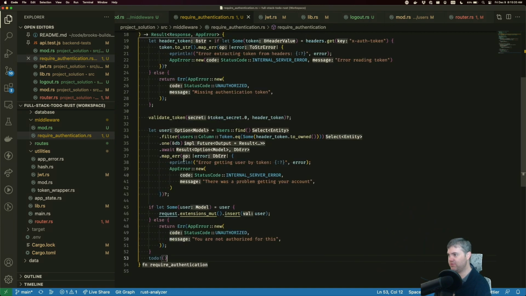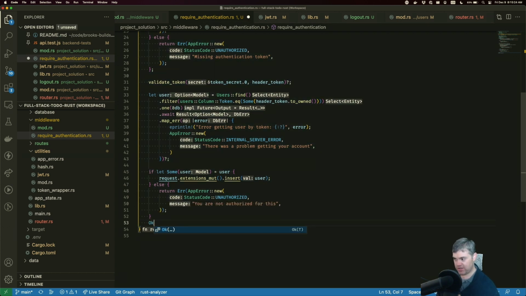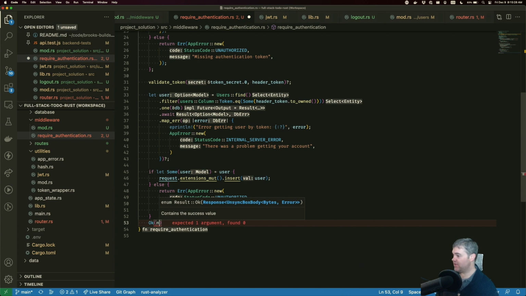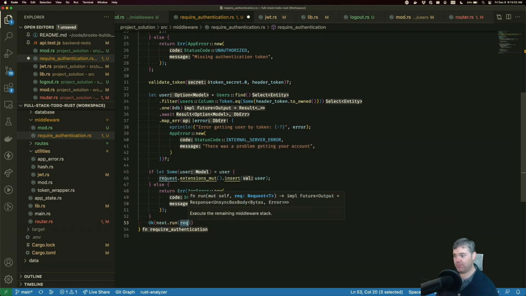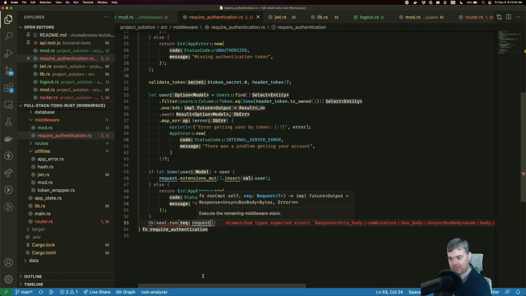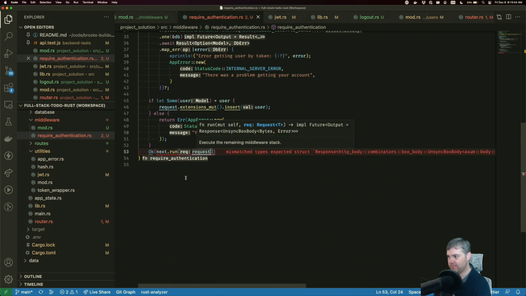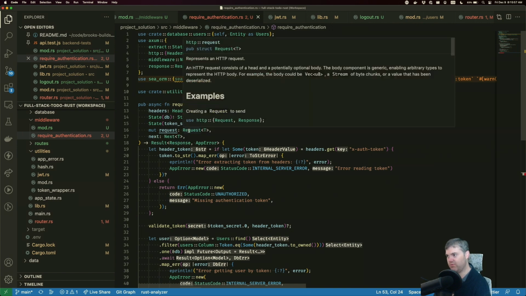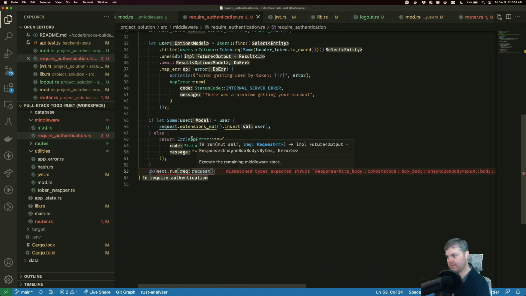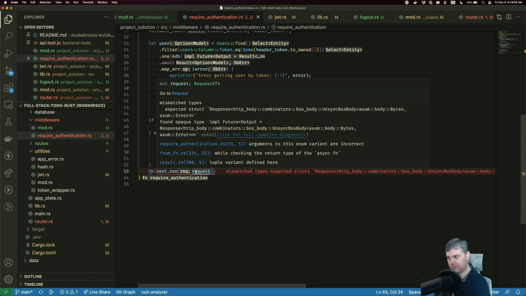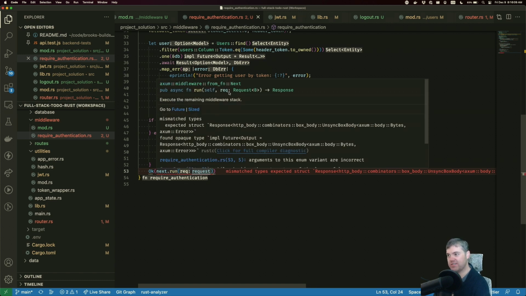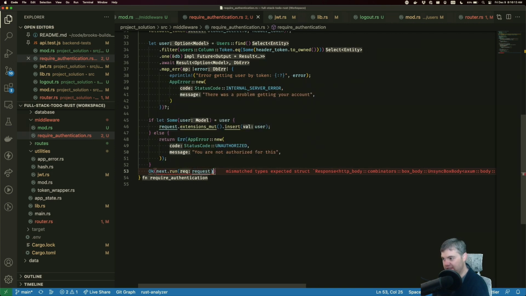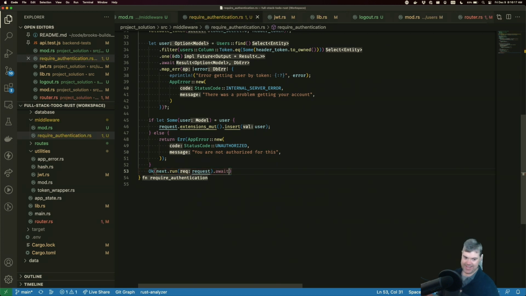Okay, so I do that. Oh, I don't think I'm returning the right thing. So we're going to return an okay here. So if we reach the end, we're good to go. I want to return next dot run. We pass in the request like that. Mismatched types. It was a request, right? Yeah, the request here. Mismatched types, expected a struct response. Oh, so not response. You wanted a response. I thought it was the request. Run returns a future. I think I need to await it. There we go. Okay, so I await you,